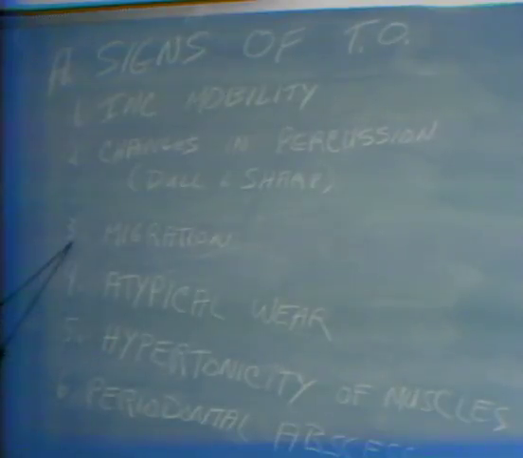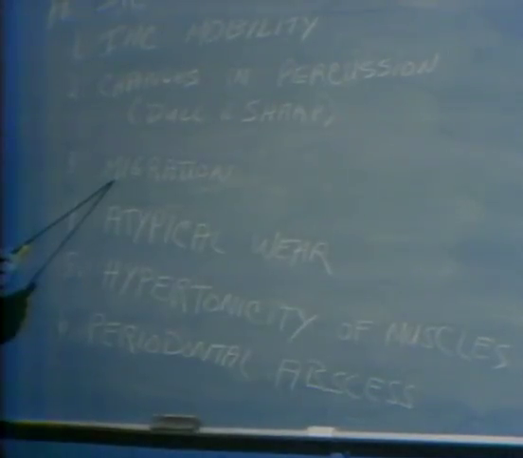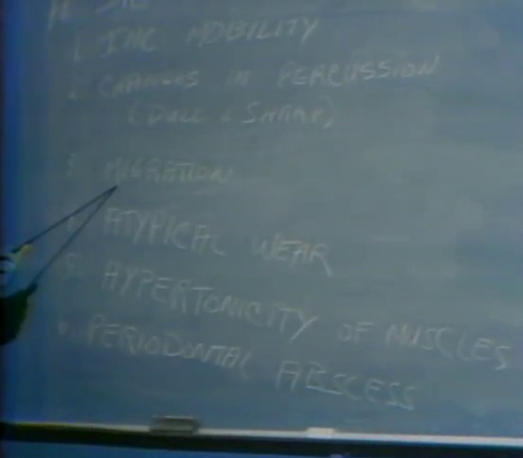The number 3 sign would be migration of teeth. Now, migration of anterior teeth, particularly anterior maxillary teeth, extrusion, opening up a diastema, is the number 1 clinical sign of advancing periodontal disease. It's also a sign of traumatic occlusion, and quite often you'll see periodontal disease and traumatic occlusion of anterior teeth